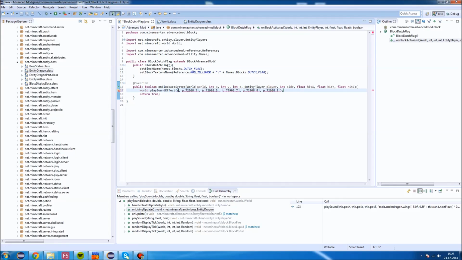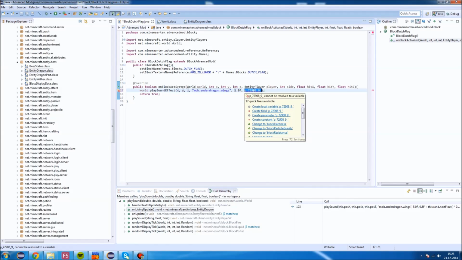So X, Y, and Z, the sound name, and this is the volume of the sound. So 1 is the default volume, how it is stored in the file, but you can also do 2F and it will be louder, or 5F and it will be really loud. Let's just keep it at 1,